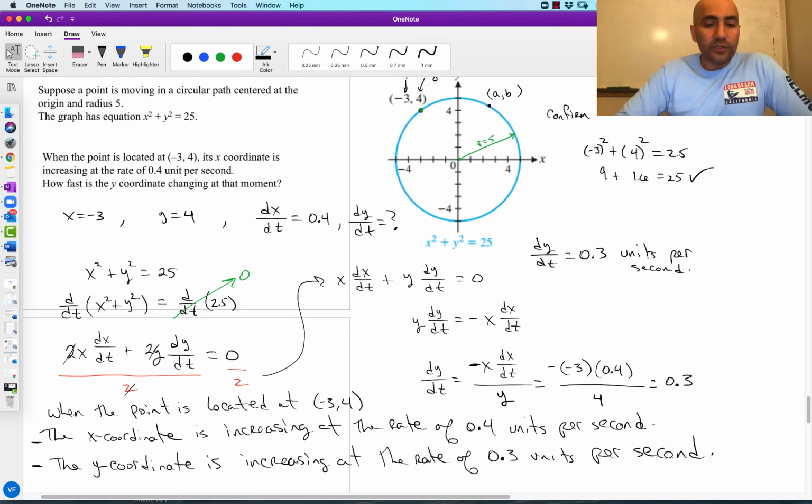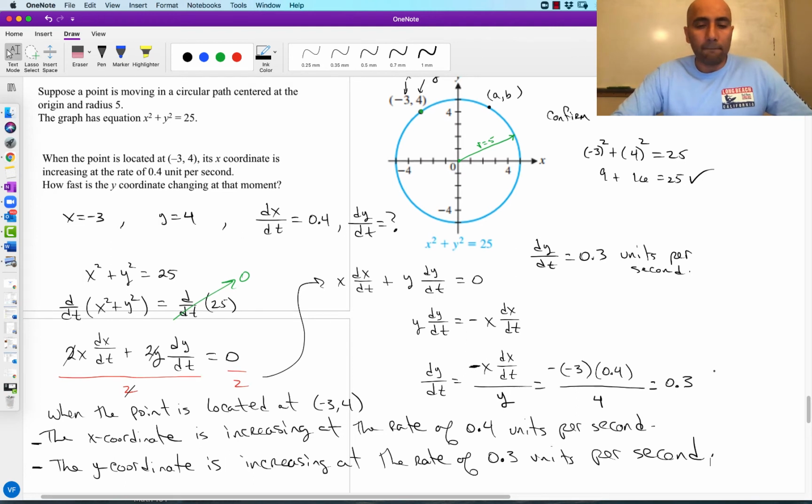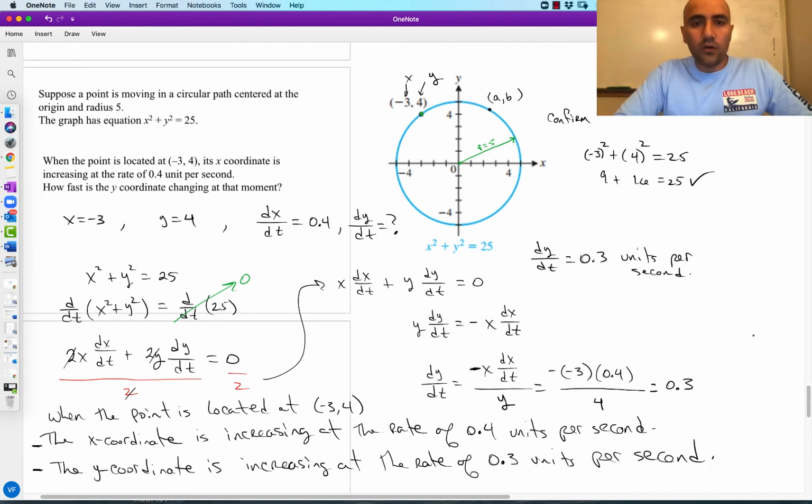And I knew it was increasing because it's a positive value. Remember, the sign makes a difference. If all of this turned out to be negative 0.3, then I know that it would be decreasing at that moment. Okay, so read your question, draw a picture, come up with an equation that connects the variables, the quantities